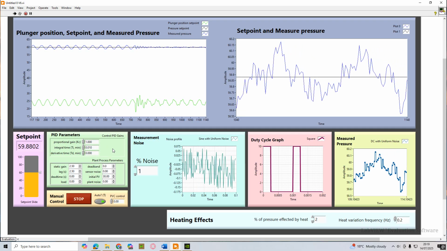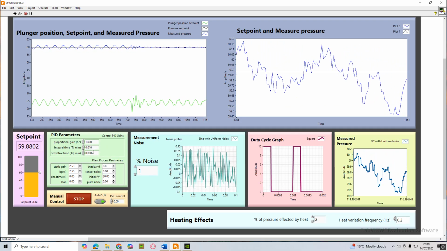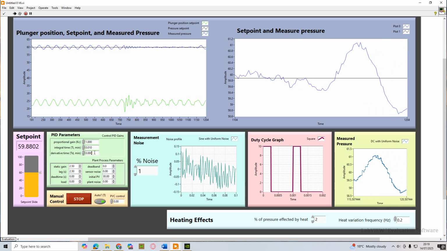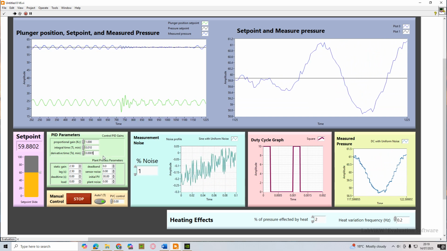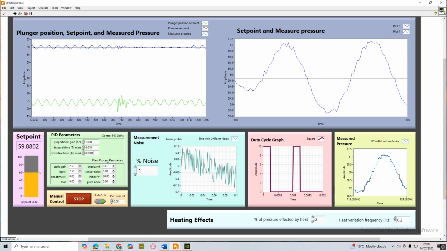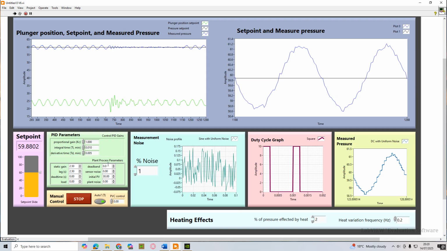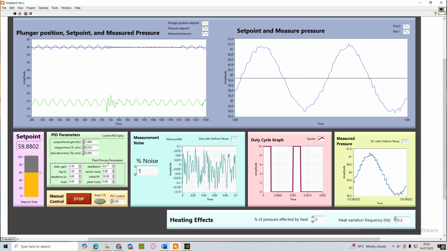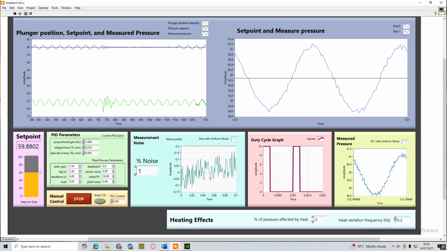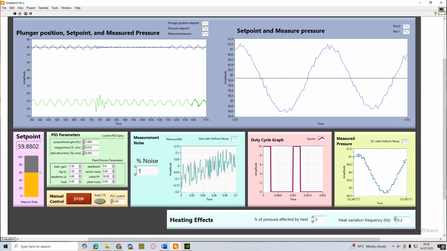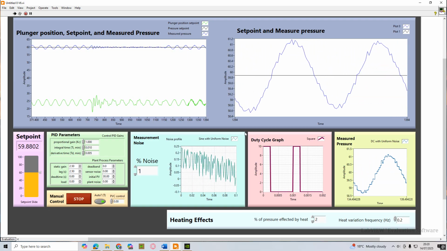But we're going to reinitialize that back to what it was. Bring this up. This is actually currently sitting at 0.0001. We're going to bring it up to 0.005. See what that does to it. So our plunger set point control has become a lot more noisy. This kind of